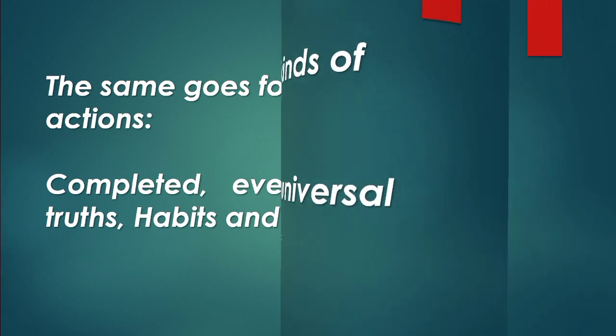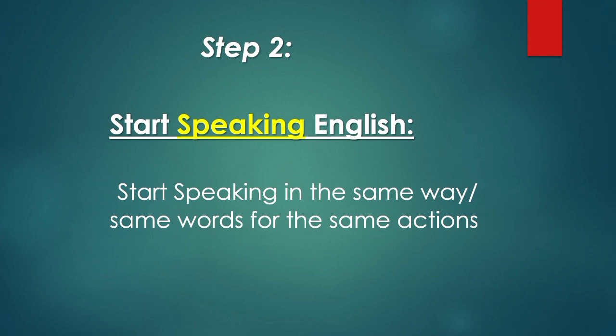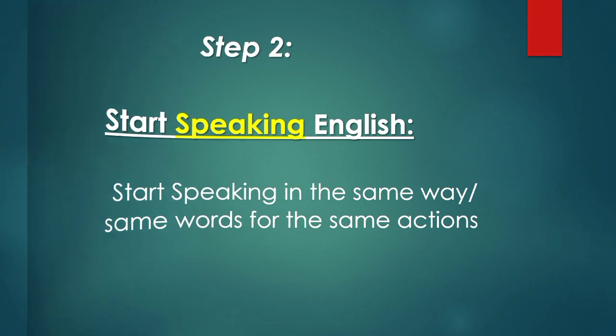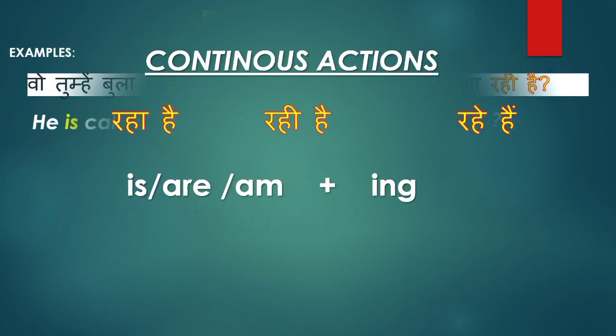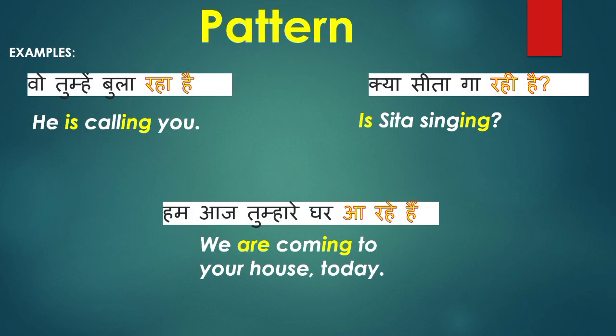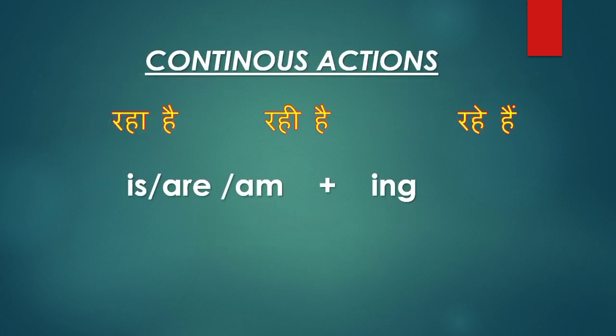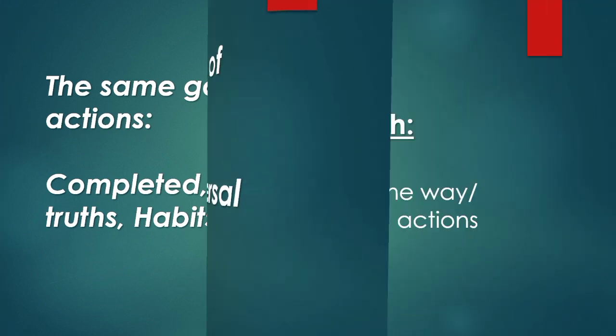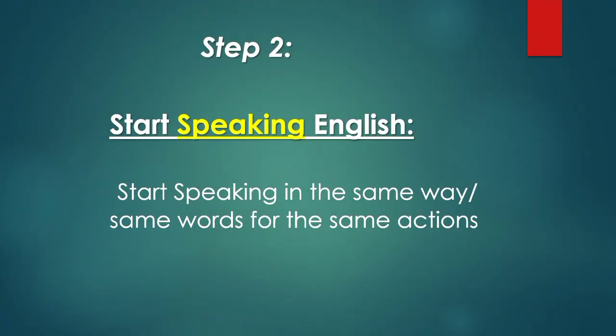अब आगे देखते हैं सेकंड स्टेप क्या है। हमारा सेकंड स्टेप है जो आपने सुना आप उसको बोलें, ठीक है। जैसे आपने सुना, वो तुम्हें बुला रहा है, आपको नहीं पता इसको इंग्लिश में क्या कहते हैं, किसी ने बोला इसको इंग्लिश में ही इज कॉलिंग यू, ठीक है। तो अगर नेक्स्ट टाइम आपको सेम थिंग किसी को कहनी है तो आप यही बोलें, ही इज कॉलिंग यू, रिया इज कॉलिंग यू, राहुल इज कॉलिंग यू, ऑलराइट। तो जो आप सुन रहे हैं, देन you have to speak it, start speaking in the same way, use the same words for the same kind of actions, okay। उसको बोलें रोजाना, ठीक है।